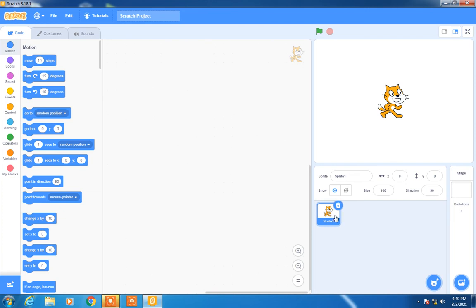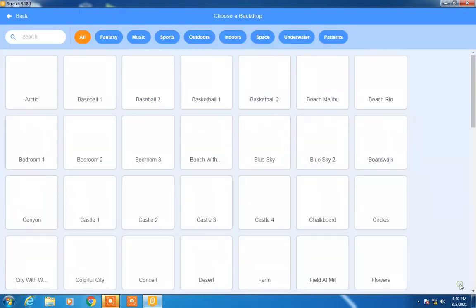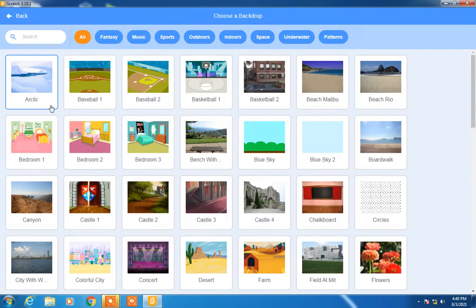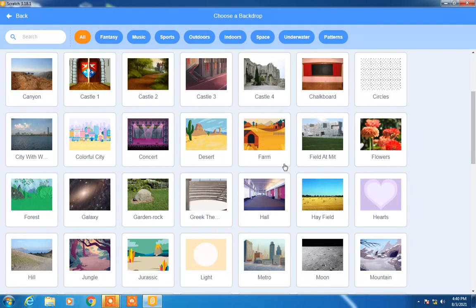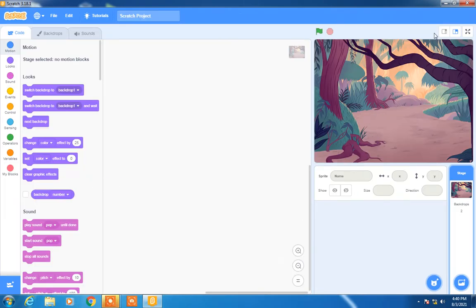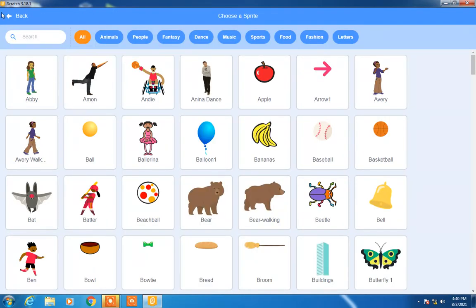Hello everyone, in this video we will be seeing how an object can be caught to gain points using MIT Scratch. So first let us just delete this sprite which is there on our stage area and make use of a background. All we have to do is click on this, choose a backdrop option, and whatever background we like we can choose. As we are going to make an object fall from top, we can just make use of some forest type of background and then a sprite.